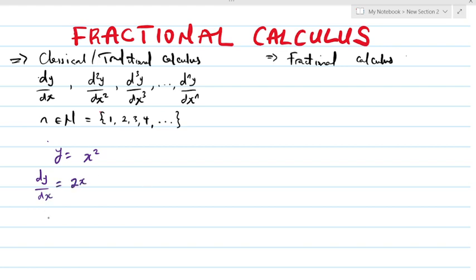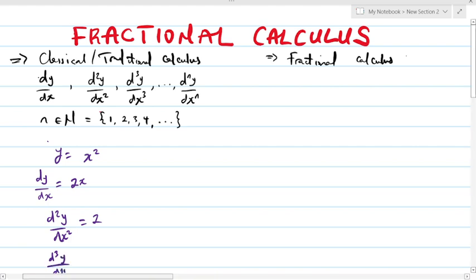If you take the second derivative, d squared y over dx squared, that will give us what? I know you know that will be 2. And if you find the third derivative, d cubed y over dx cubed, that is equals to what? 0. But a question that arose back in 1695,